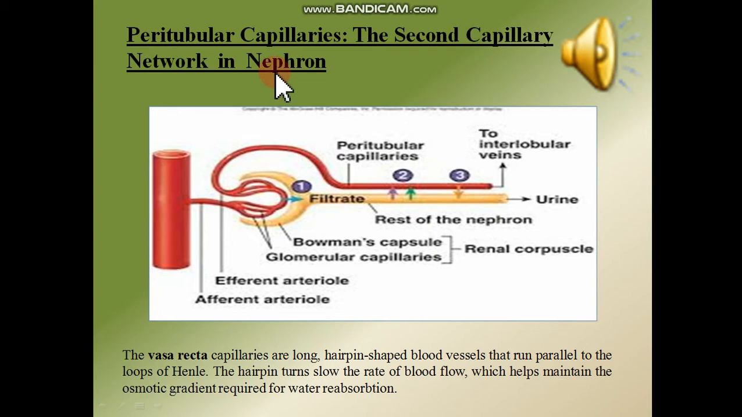Peritubular capillaries are the second capillary network in the nephron. This is the main blood vessel, and from this afferent arteriole they originate and divide into the glomerular capillaries. Now these are the peritubular capillaries. They form a network of capillaries around the ductal system, and this is involved in the absorption of useful material